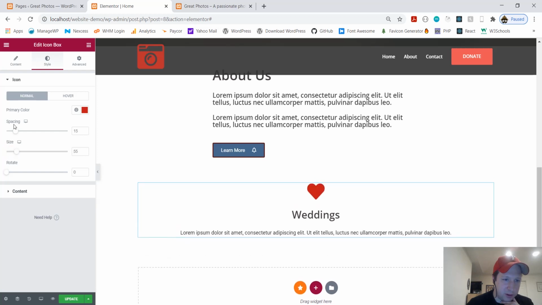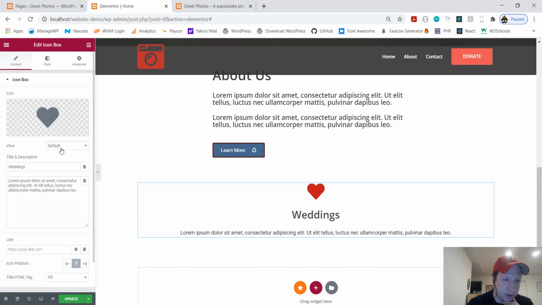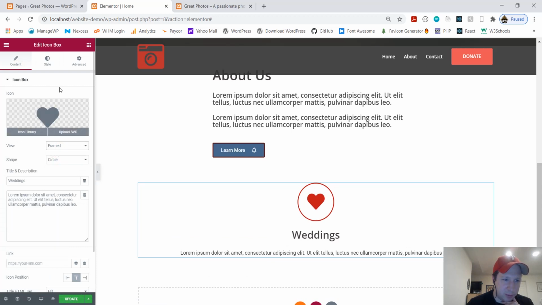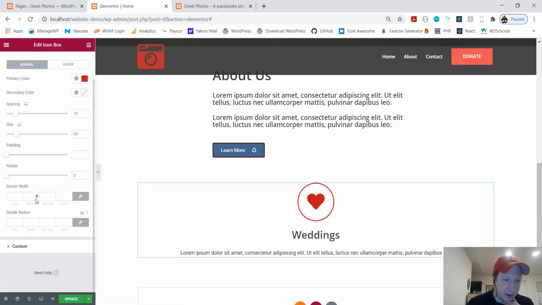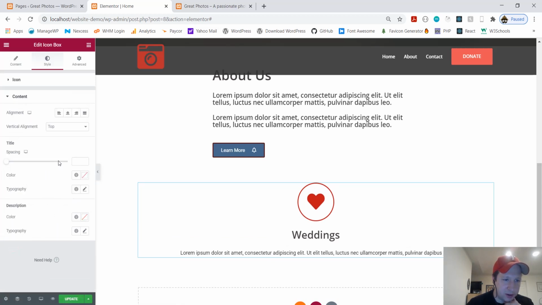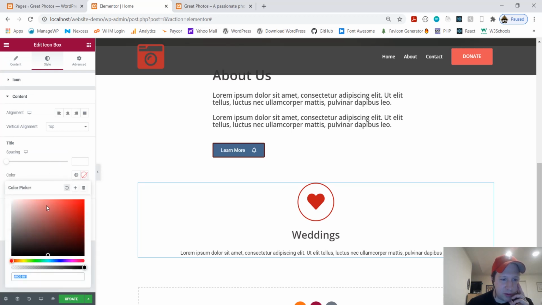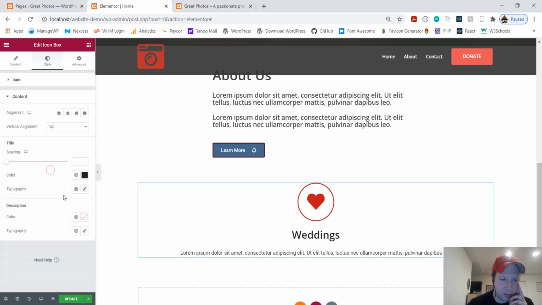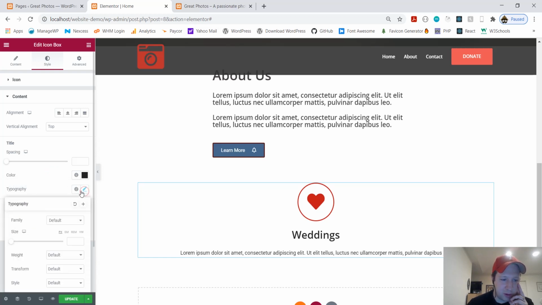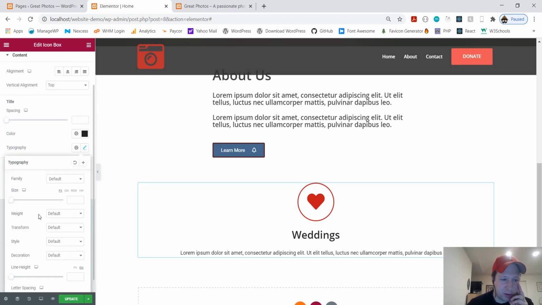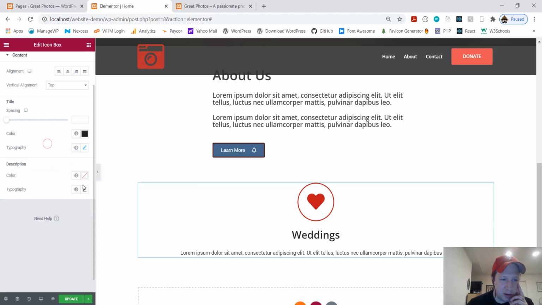Oh, I'm sorry, you can come back to here and do a frame. That's popular. You can change your content. Pretty much all the text editing is the same in terms of your options. You can change the font family, the size, all that stuff. You play around with it.